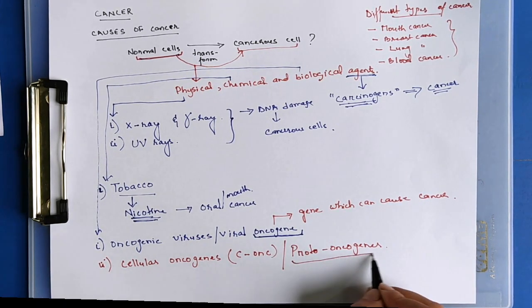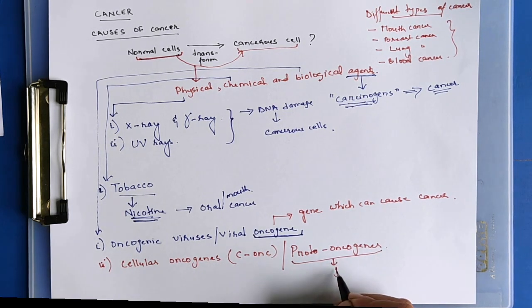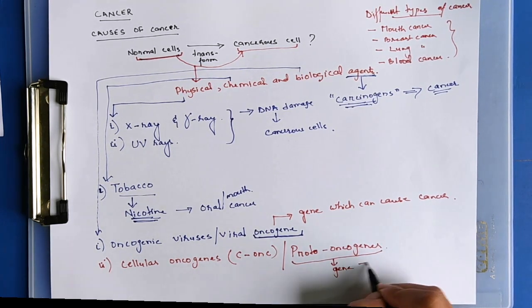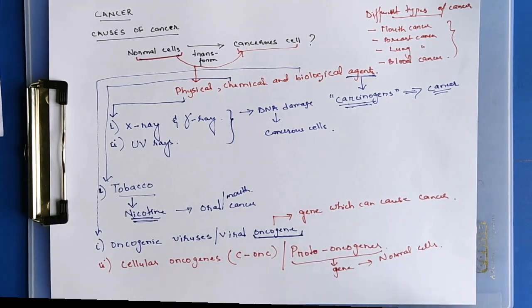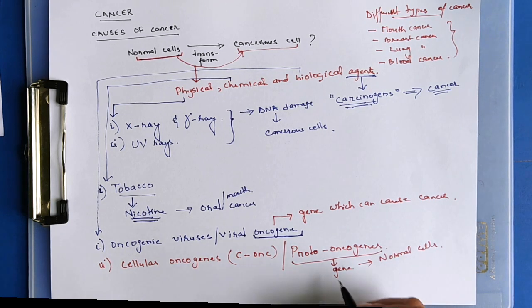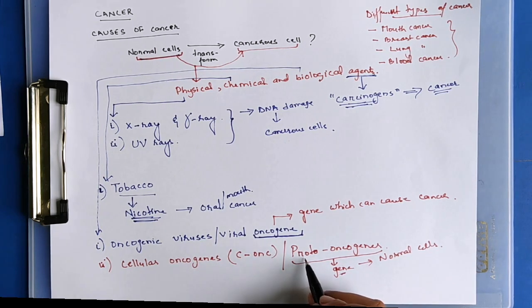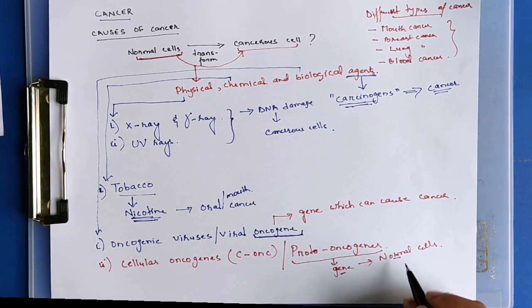These proto-oncogenes are found in our normal cells, but under certain conditions, when mutations occur or when some errors occur in DNA replication or something like that, these genes present in the normal cells